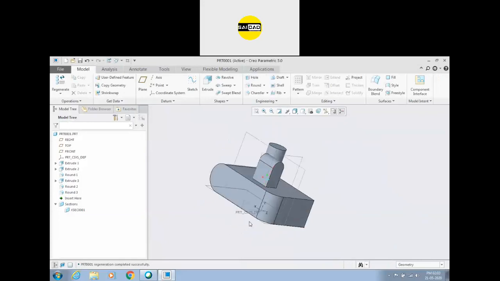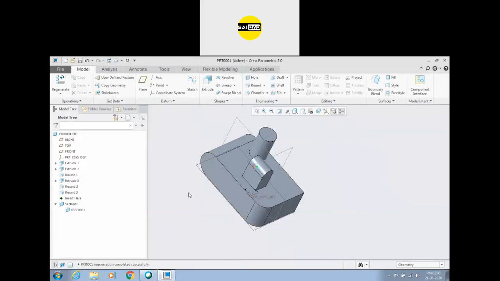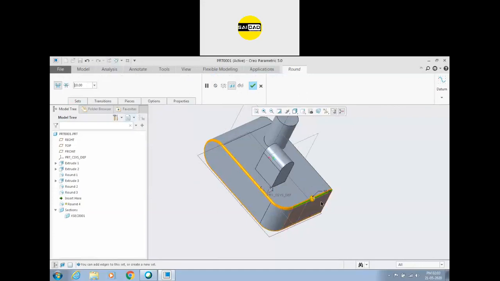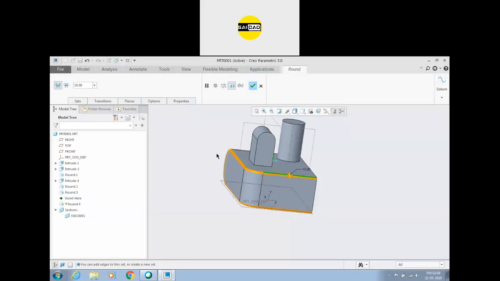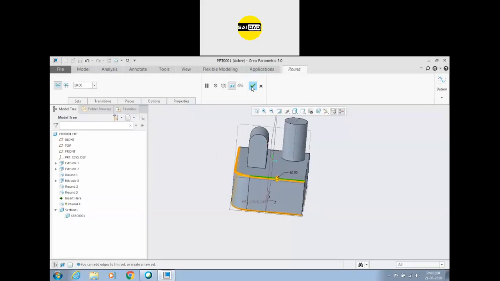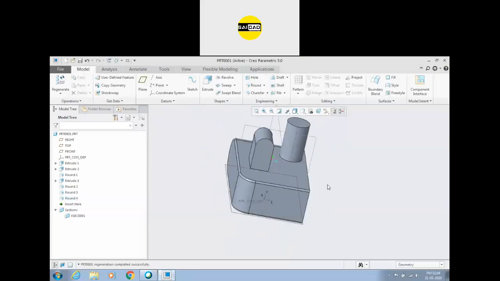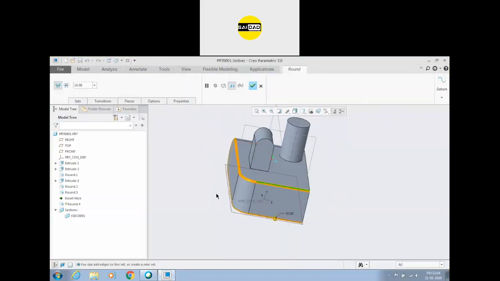Okay, so if you have any tangent faces, the fillet will be applied automatically on that face. Go to the round, select the edge. To find the radius, you will see this has a tangent face here, this has a tangent edge here. So the fillet will be created from this point to this point, and if you click OK, this will be done. Okay. So we have so many options here. Now we have some transition modes also.